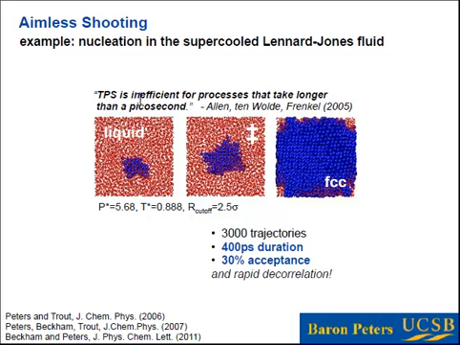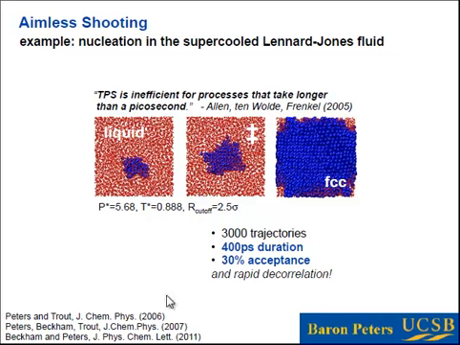He said that transition path sampling became inefficient if the transition paths were longer than a picosecond. Here you see that aimless shooting has been applied to this Lennard-Jones nucleation problem. You're going from a metastable liquid to an FCC crystal. And this is sort of a guinea pig problem in the area of systems with long diffusive transition paths, known to be quite a challenge.